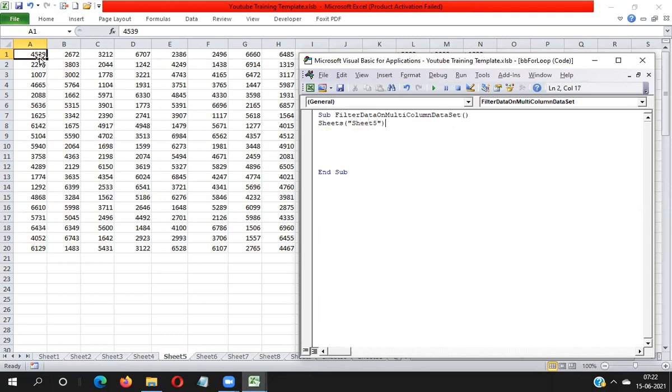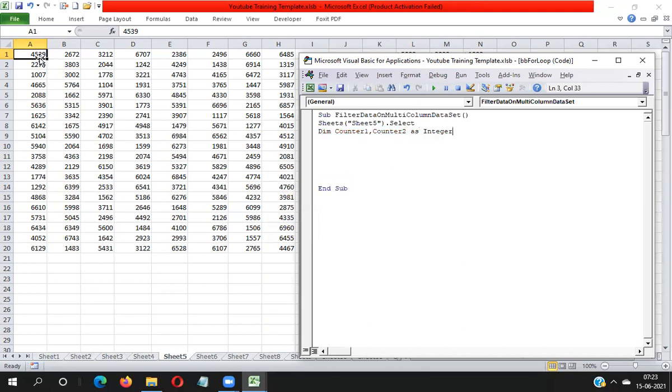Sheet 5 dot select. Here I will declare multiple variables. Dim counter 1, counter 2. These two variables will be used in the loop.